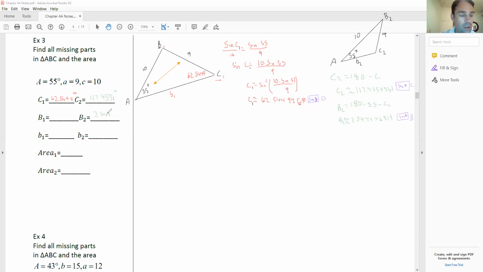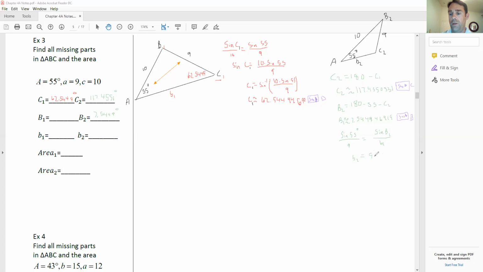But again, I don't want to have to keep trying to write that angle out over and over again. So I can just use big B now to help myself out. So sine of that 55 degrees all over small 9. Now I can go find little b. So we cross multiply and solve it. So b2 is, oopsies,